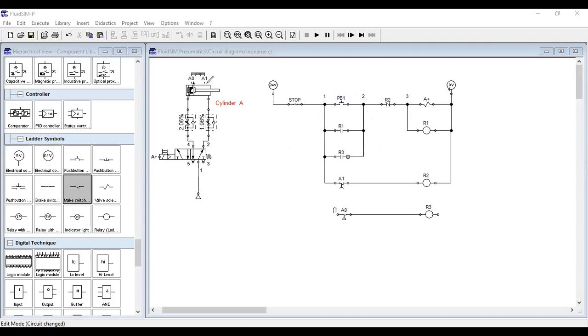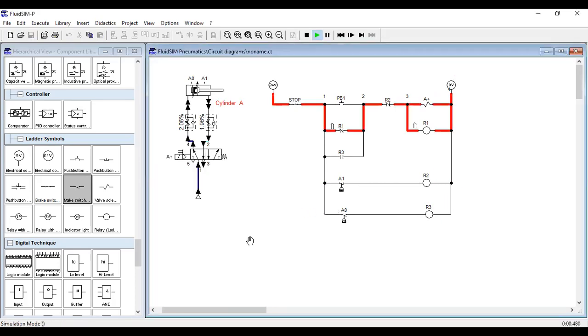Okay, so now how do we connect A0? With R3, we connect them in series, and then we connect the two in parallel with the existing circuit, just like what we have done to the previous circuit. Okay, and then if we try to simulate,